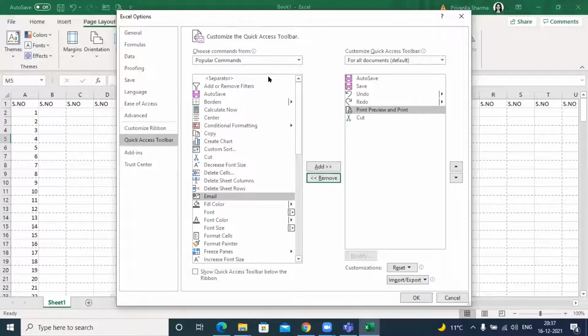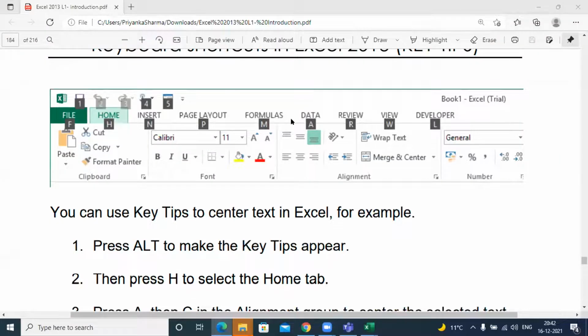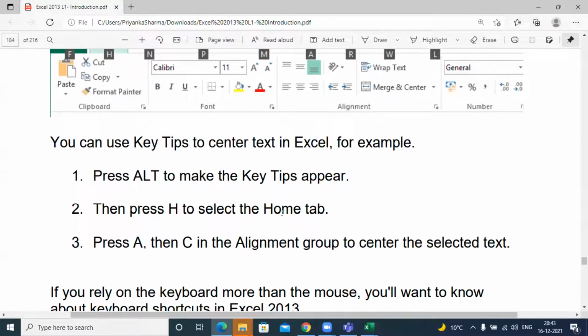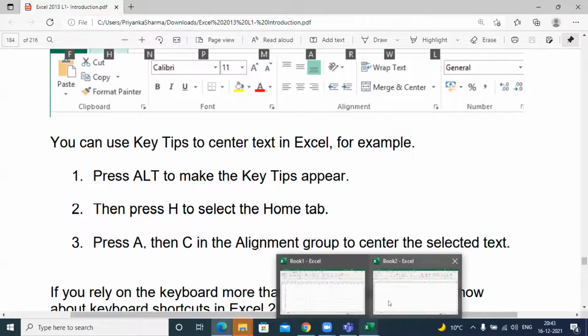All right, time for me to share some shortcuts with you now. Shortcut keys are available. Let's have a look at it. Please observe my PDF, everyone. So what we're going to do, different key tips are there. If you want to see all the shortcuts, I'll give you the easiest way to do that.